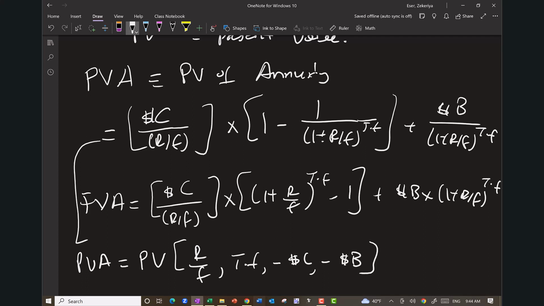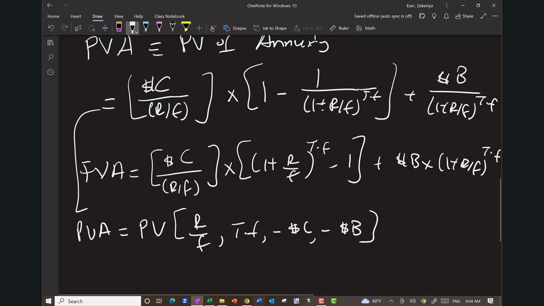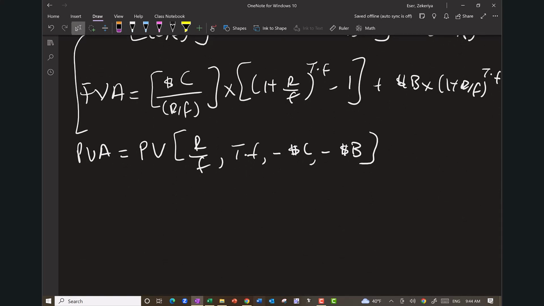The reason I use those minuses, these functions probably were coded by an accountant. They think in terms of debits and credits. And if you're making payments, you're going to get something back in the future, right? And FVA is FV